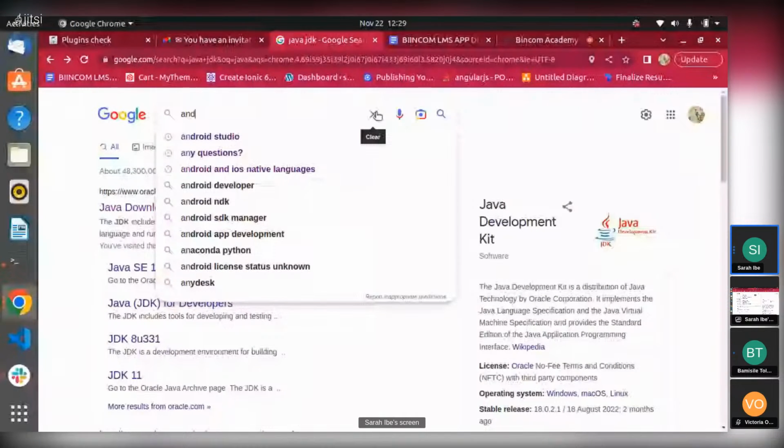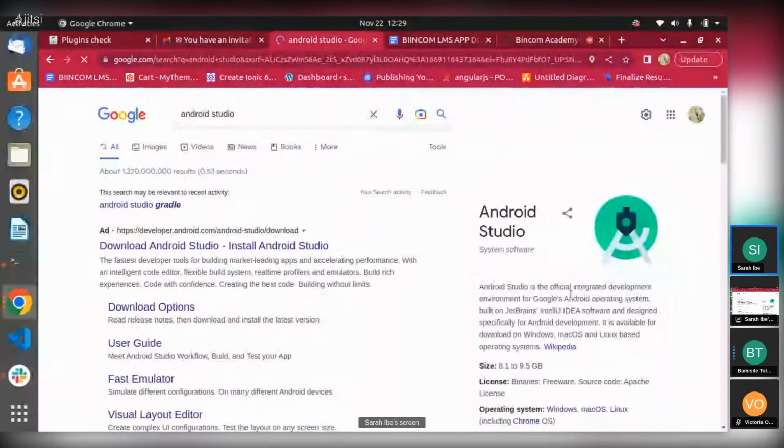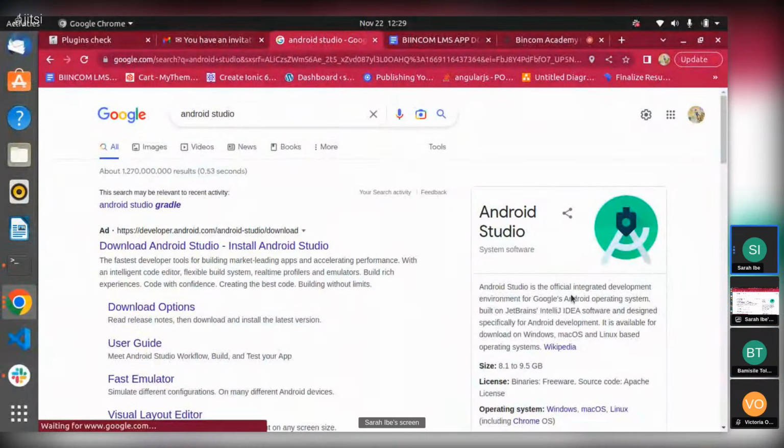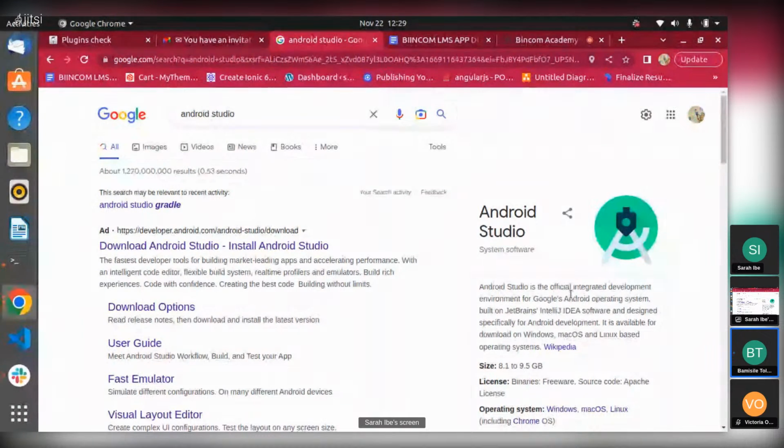I have a question. This Android Studio, can we use VS Code in place of it? Can we write our code in VS Code and put it on Android? Yes, it will work. That's why I said it depends on your preference. Maybe after reading about Android Studio, you might try to switch or still stick to your VS Code.